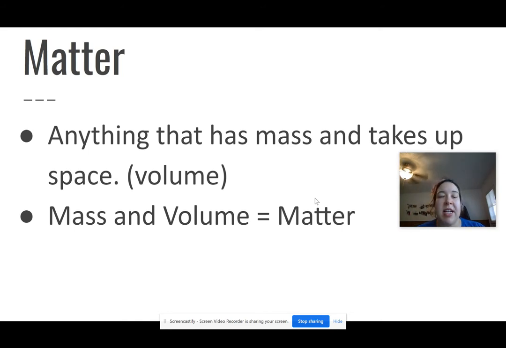We basically think a lot of times that maybe gases don't take up space because we can't see them. And so we proved this on Friday when I blew up a balloon and you could see that in fact the gas did take up space inside that balloon. We also have another experiment where we will measure to see if it has a weight. If gas can have a weight, it's not super accurate, so we won't know exactly how much it weighs, but you will be able to see it does weigh something. So basically, if something has mass and volume, it's matter. All right, so solid, liquid, gas, matter.